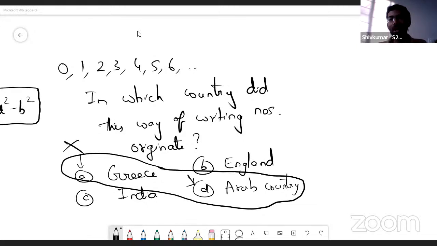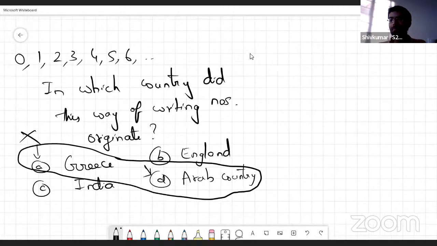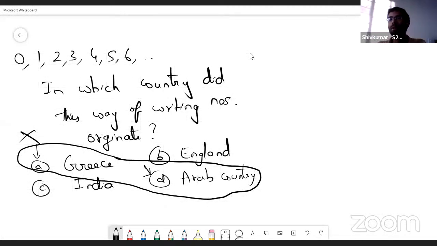And then during the medieval period, 12th century, 13th century, many great Arab scholars came to India and went to different places. From here they picked up the system and introduced it to Europe. Until that time Europeans were using the Roman system. For the Roman system, you have to invent new symbols for new numbers. So 10 would get an X, 50 would be an L, then 100 would be a C, and 500 would be a D. As you keep increasing the number,